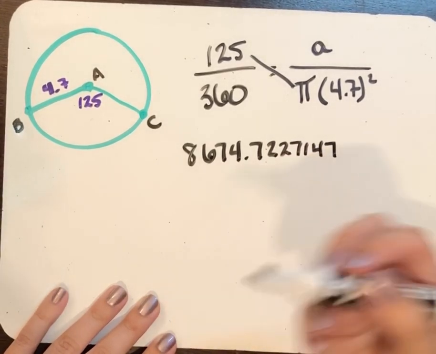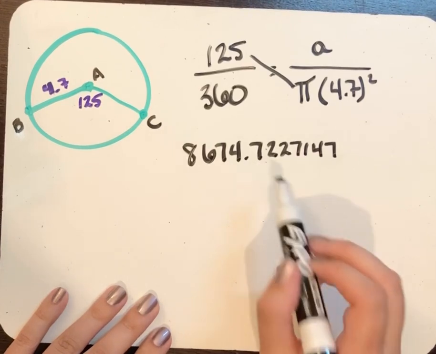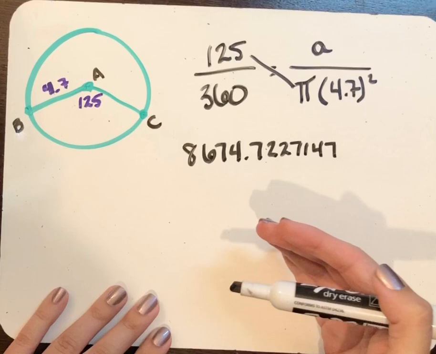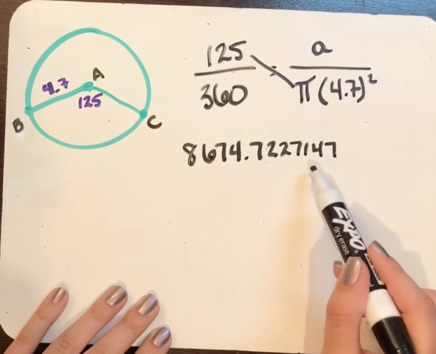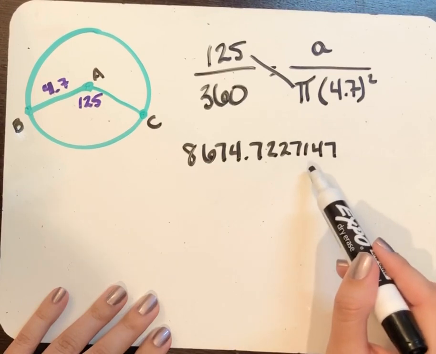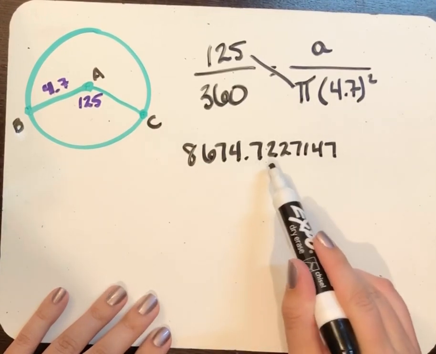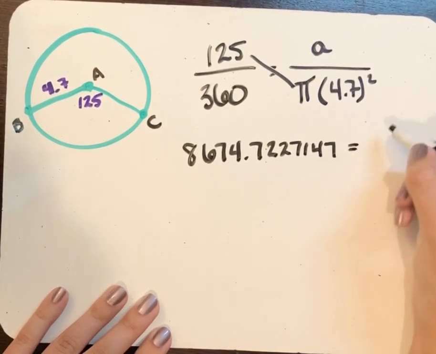8,674.7227147. Again, as we've said several times, we don't want to round yet to what the question asks for. For our final answer here, I'll have us round to the nearest tenth, but for all the intermediate steps, we want to keep several decimal places. I would say at least 6, so that we don't have a rounding error at the end. So I'm keeping, let's see, I kept 7 decimal places here. That is equal to